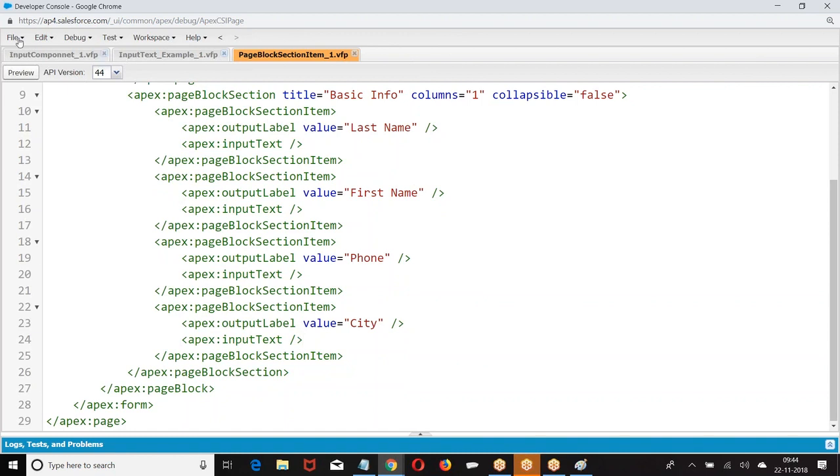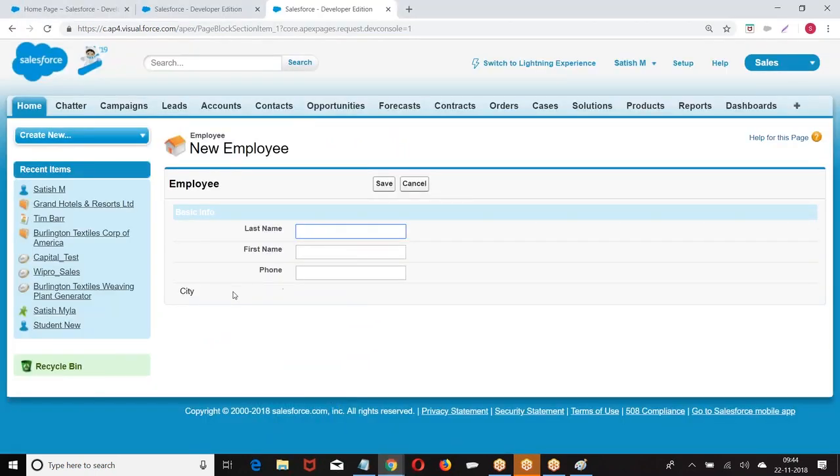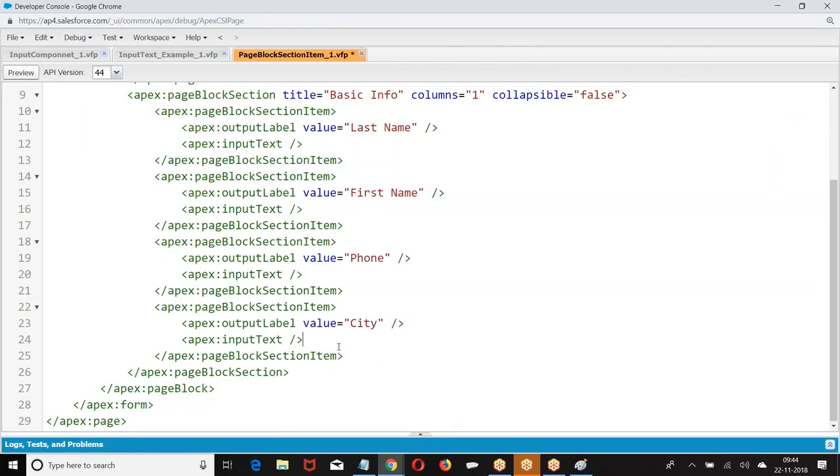After listening to a 45-minute session about input text, you are asking what is input text. Right. So this is to create a box. Right. Let us go to the next.